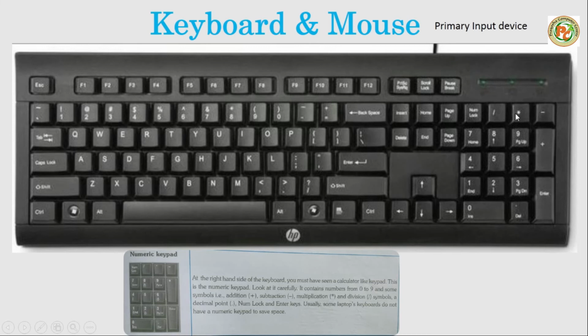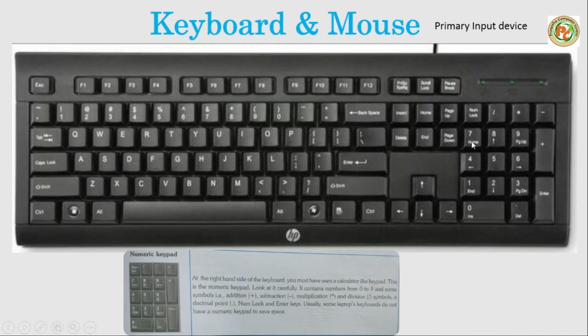Here we have the division sign, multiplication sign, minus sign, plus sign, enter, and decimal point. Okay, these are the signs. And remember, if the numlock key is off, then this will work as the home key, and this will work as the end key. Sometimes if you are writing a sentence and you are here, and you want to move to the home side, then click on home and you will be at the beginning of the line. If you click on end, it will go to the last.